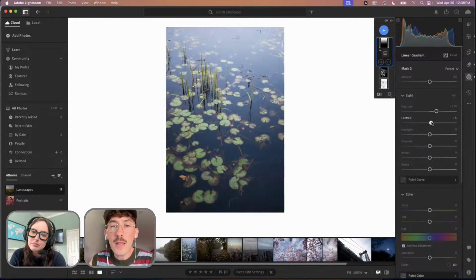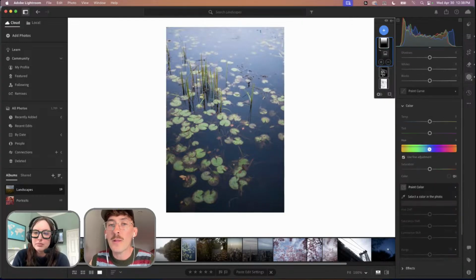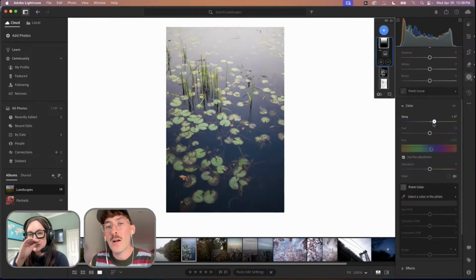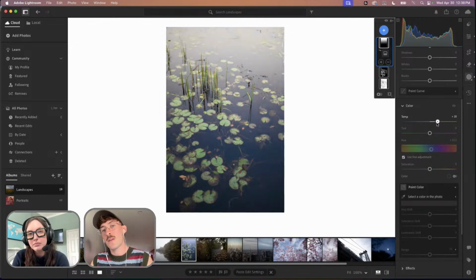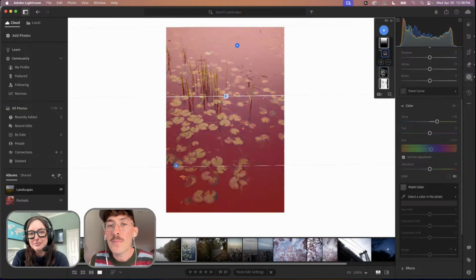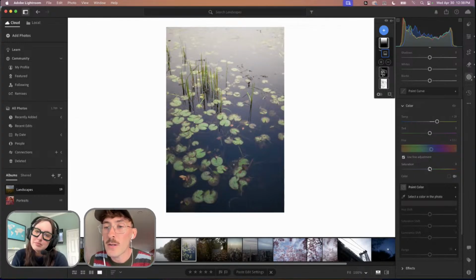And increase the contrast of that sort of highlight that's coming in. And if we want, we could also make it a little bit warmer. I don't know if that's necessarily the vibe, but we have the option to. I feel like we're going into this sort of moodier territory with that, which I kind of love. But yeah, I feel like that's looking really cool. Maybe increase the saturation just a little bit more on there